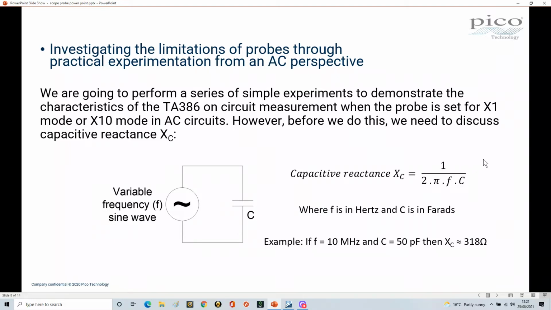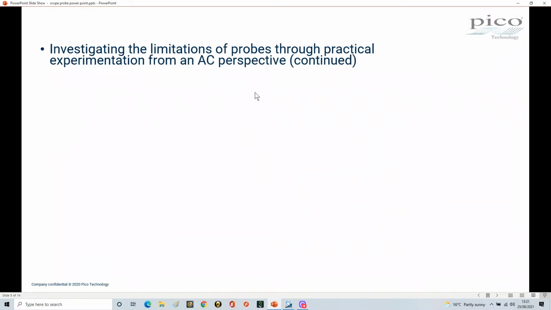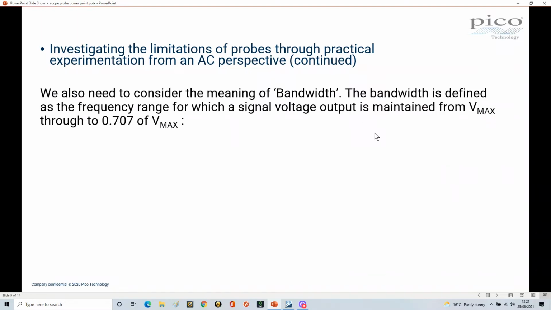Let's also have a look at something else, because we also need to look at bandwidth. We know from the specification of this probe that at ×1 it has a bandwidth of 10 megahertz, and at ×10 it's got a bandwidth of 200 megahertz. Now I can't go anywhere near 200 megahertz in this experiment. However, I will be able to show you some interesting effects. So the bandwidth is defined by